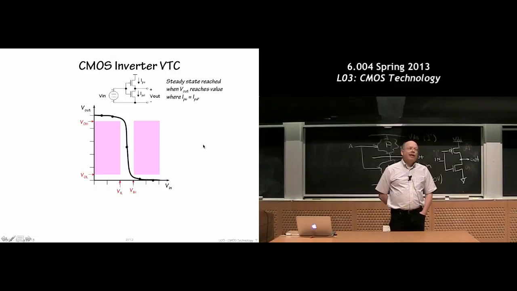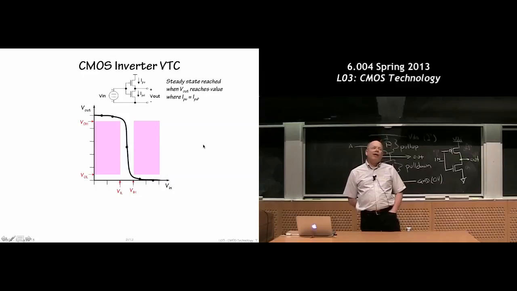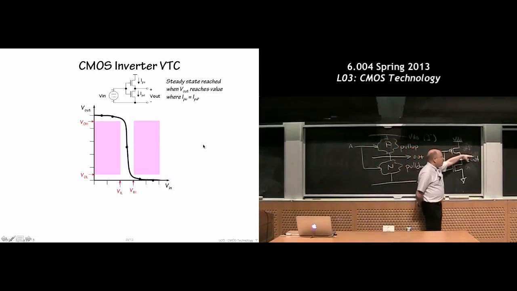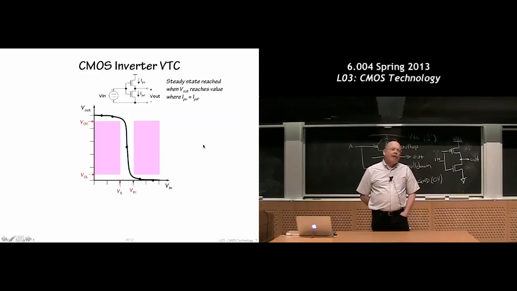It's floating. Floating is just another way of saying it's not connected to one power supply rail or the other. Suppose I had charged it up, so it was sitting at a 1 value, some high voltage, and then I turned off both devices. What would you expect to happen? If it's not connected to either ground or VDD, you'd expect it to sit there and float